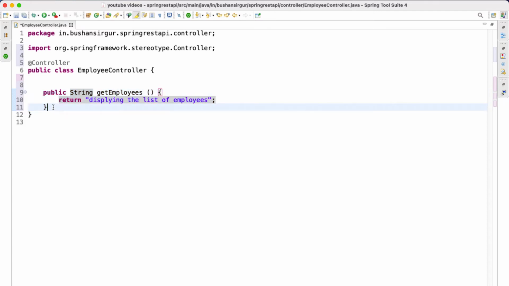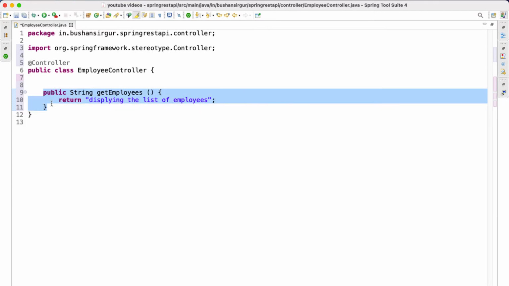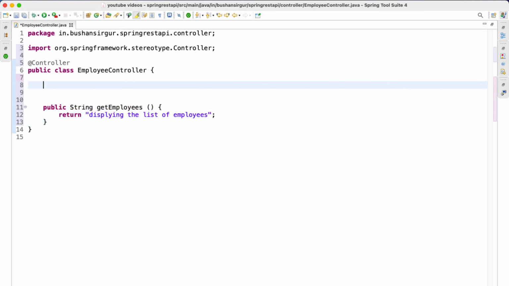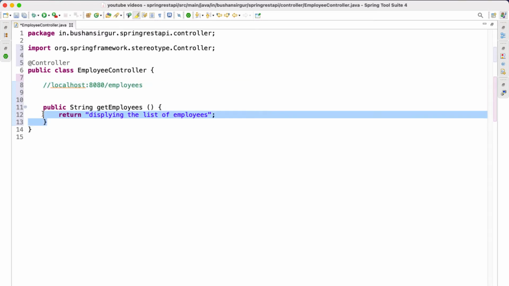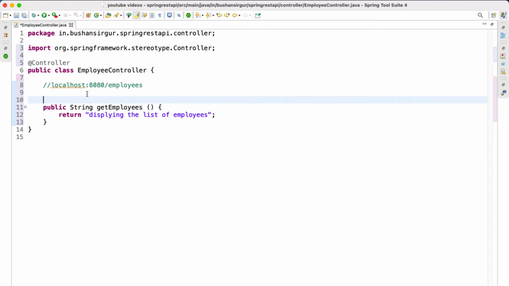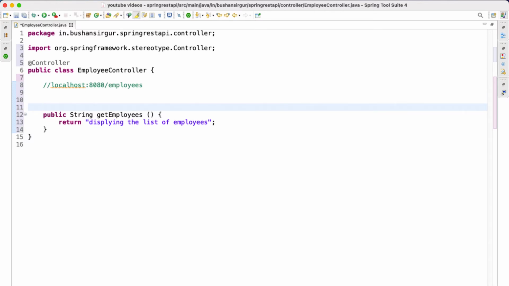So as we discussed, inside the controller, every handler method is mapped to a URI. When the user sends an HTTP request, let's say localhost:8080/employees, so this /employees, which is nothing but the URI, we are going to map it to the handler methods. So now let's map this URI to this handler method, which is getEmployees. So in order to map this, we are going to use an annotation called @RequestMapping, followed by the URI